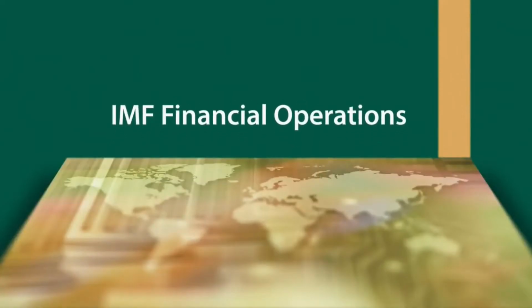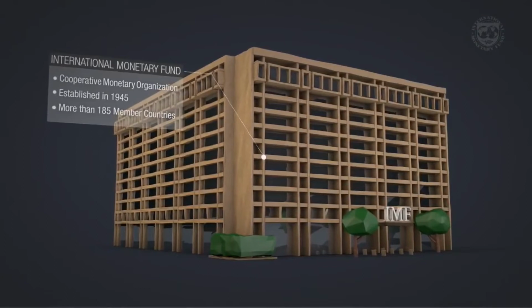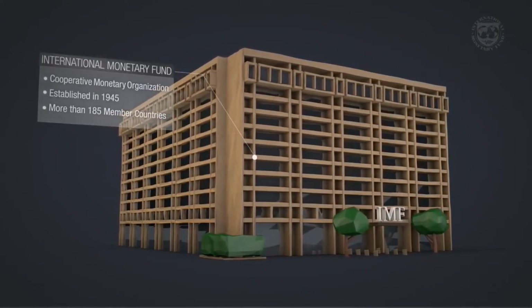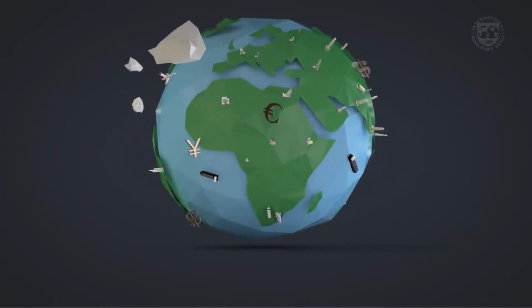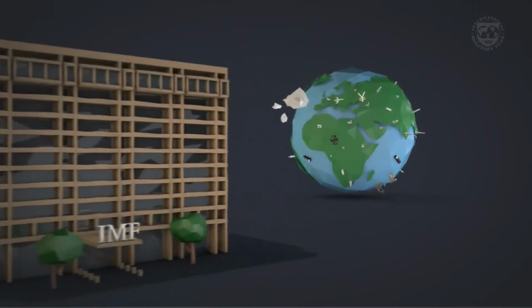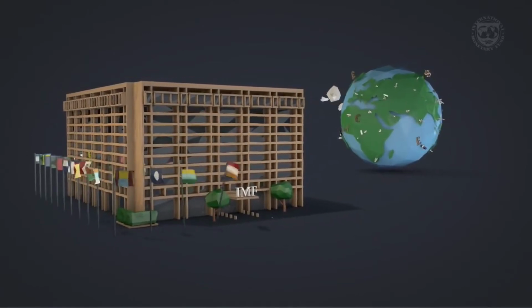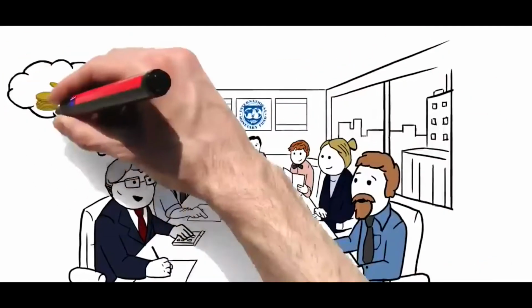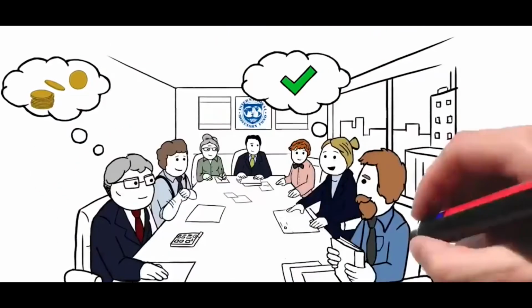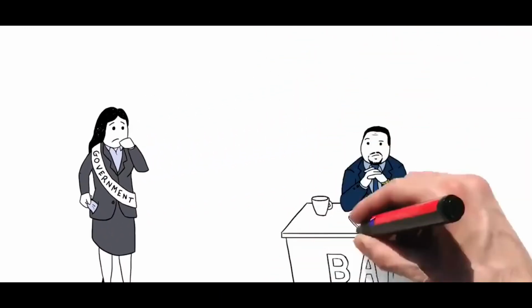Dear students, the IMF's financial resources mainly come from the money that countries pay as their capital subscription or quotas when they become its members. Each member of the IMF is assigned a quota based broadly on its relative position in the world economy. Countries can then borrow from this pool when they fall into financial difficulty. As the size of each quota is determined by the size of each member's economy, the quota in turn determines the weight each country has within the IMF and hence its voting rights, as well as how much financing it can receive from the IMF.